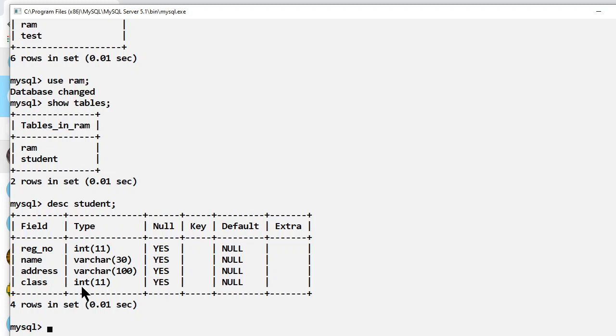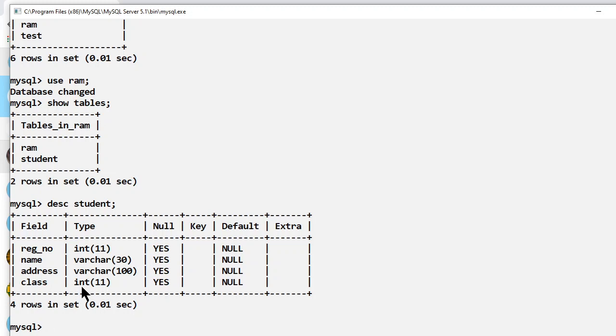Now default value means if I don't insert any value, then it will take the default value. Like in class, if I didn't insert any class, it will by default take class 12. So it is a default value. Again, we are not defining any default value, so it is also null.